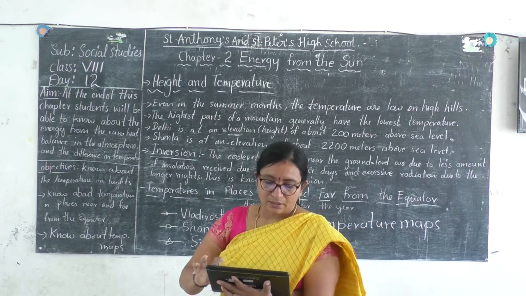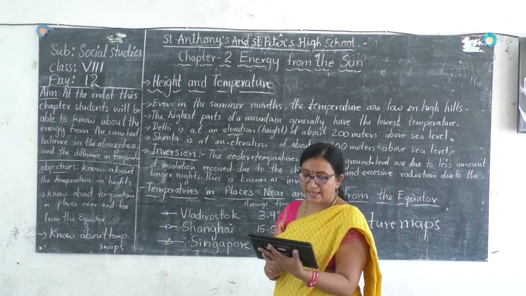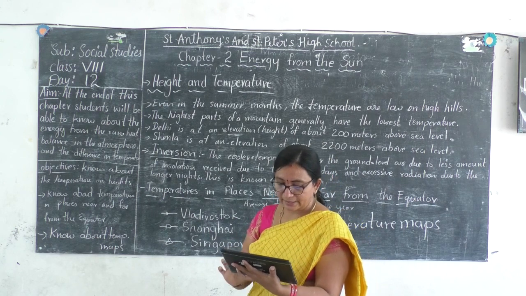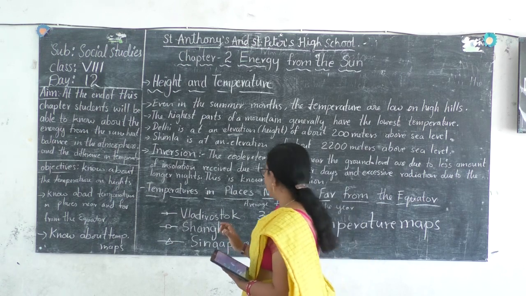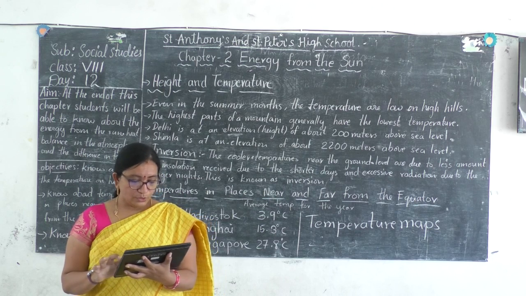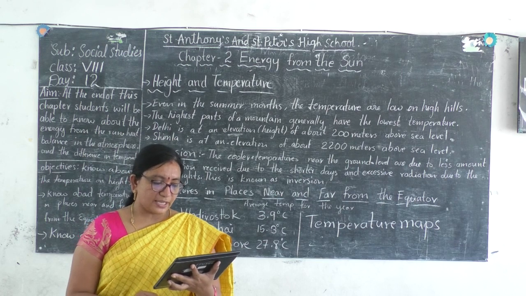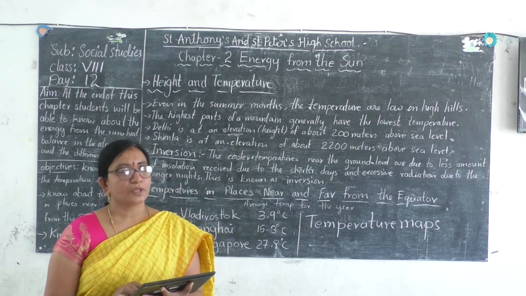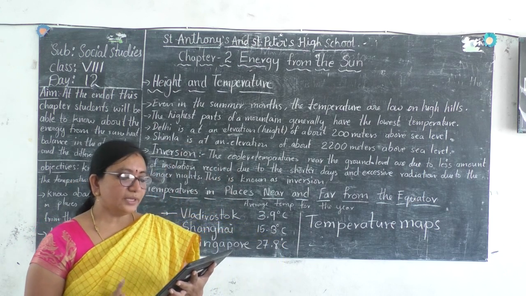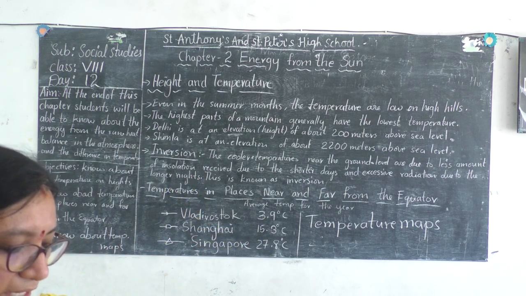Maharashtra. According to this map, there is no place in India that has an average January temperature higher than 30 degrees centigrade. We can observe this by doing this temperature map activity. Now, if you look north from this place on the map, is the average January temperature higher or lower? By doing this activity, you have to find this out and write it down. Why is the north cooler in winter compared to the south? You can observe here after writing.